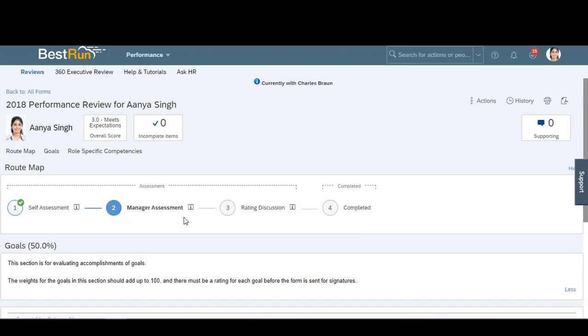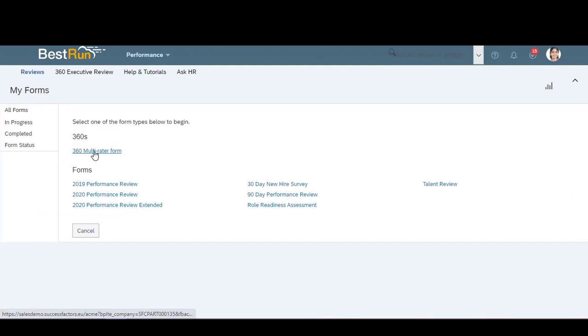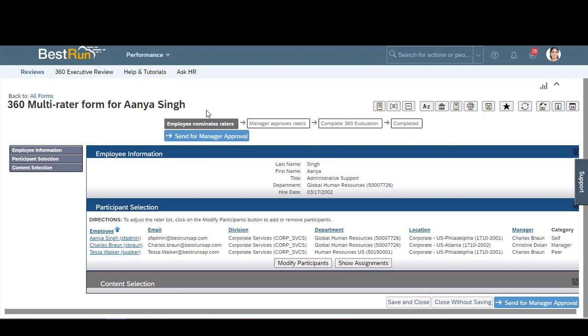You can also do all of this on your mobile device. So onto the 360-degree review. Okay, there you see there's a 360-degree multi-rater form. As it says, it isn't like a usual review. It's about